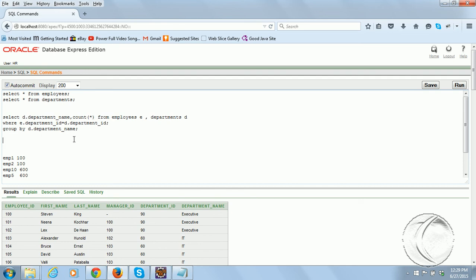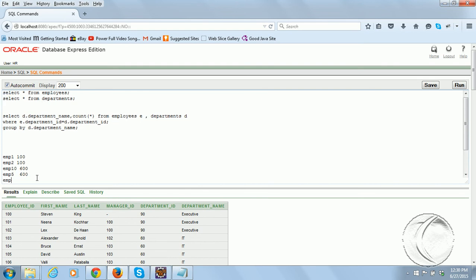like count star. That means internally when you say group by, Oracle treats the employees from the same department as one group, and this is another group. When you say count star, what it is going to give is how many records in this group it will count. So it will give 2 for department 100, and for this it will give 2 because there are 2 employees.